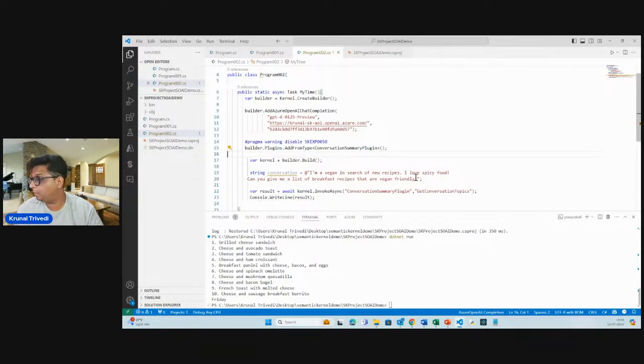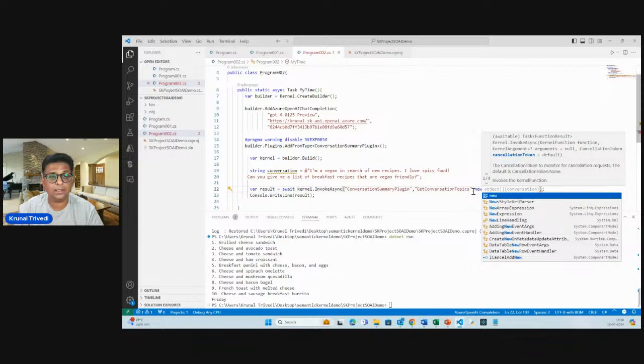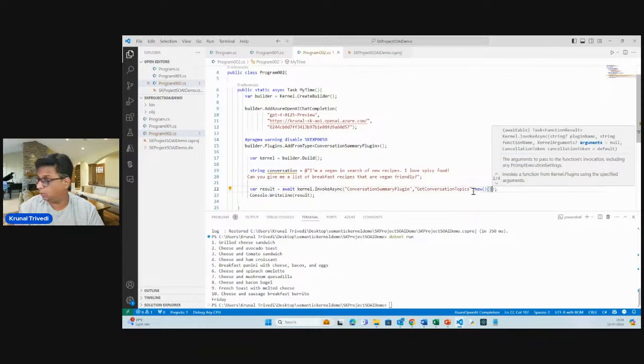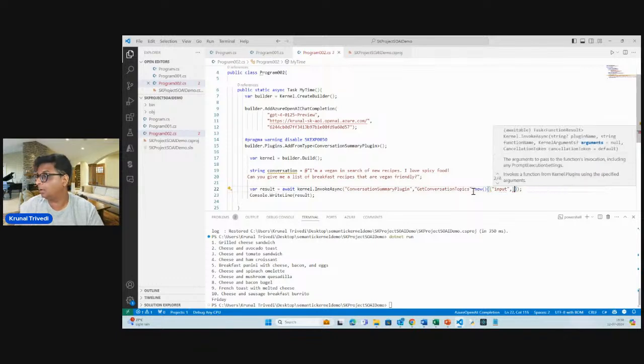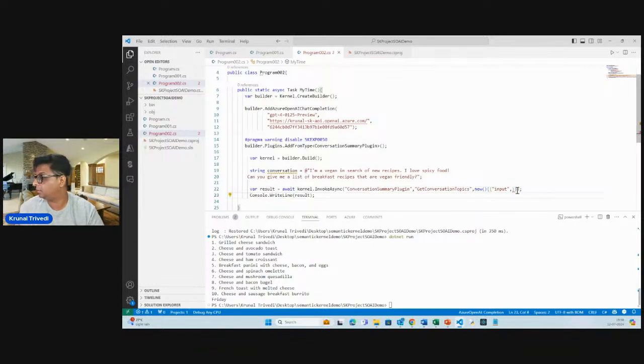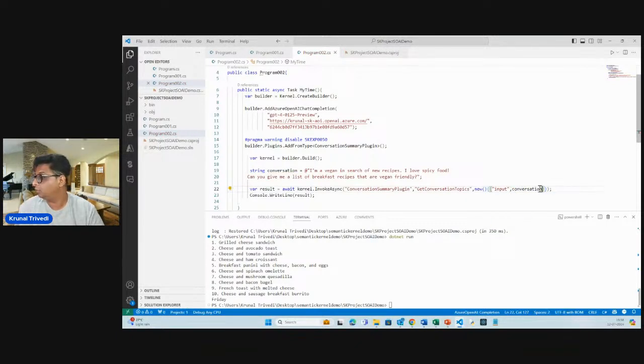And I also need to pass the input. So what would be my input here? So I just say, okay, for the input, just pass a new object here. So your input would be this variable conversation. So the conversation, I'm just going to pass in form of an input to this plugin,